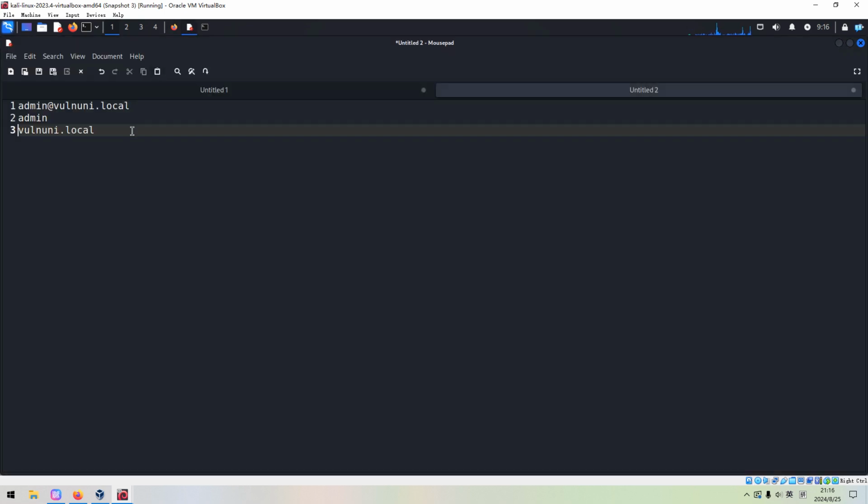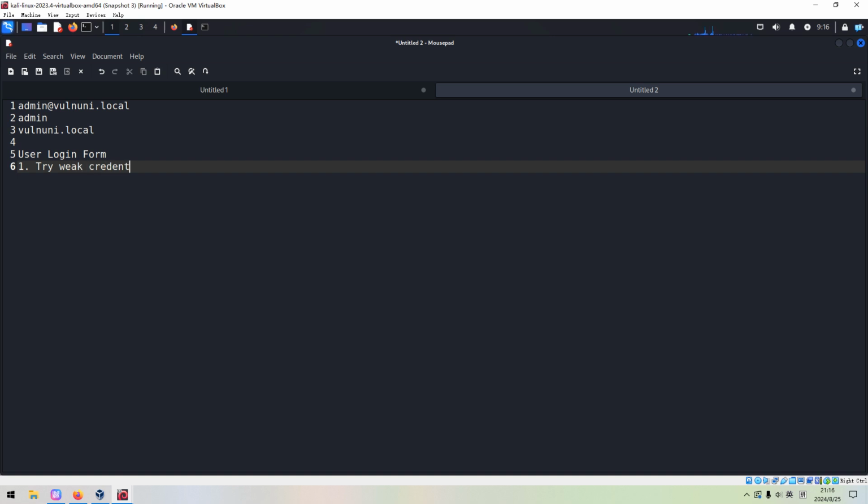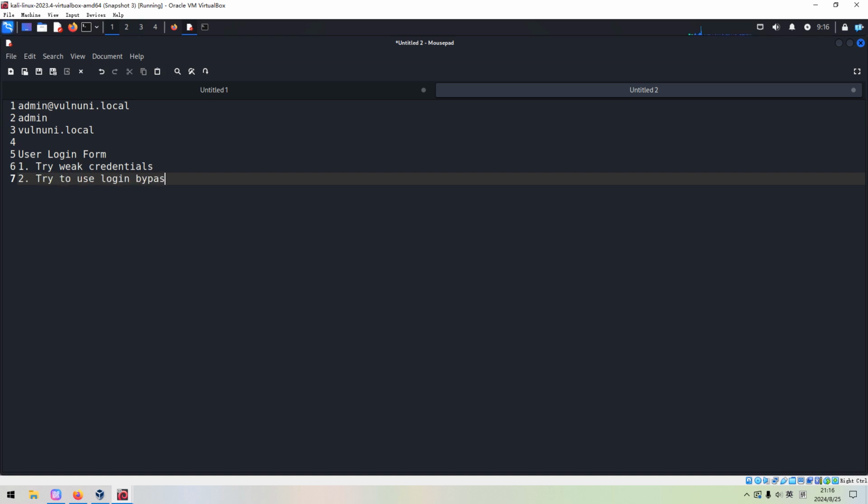I'd like to make a short recap on how to exploit the user login form. First, we can try weak credentials. Next, we can try to use the login bypass technique.